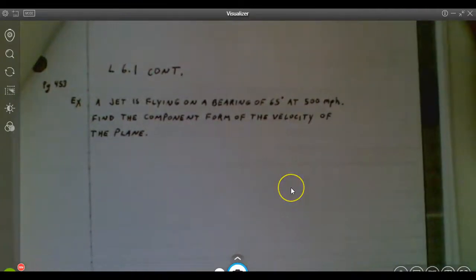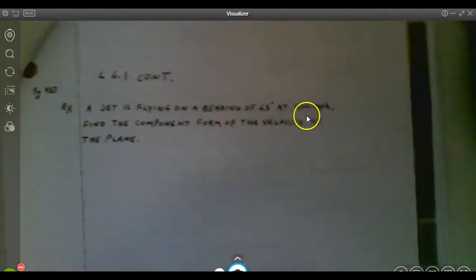So let's finish this out with little word problems. So I know you guys love word problems. So here we go. Jet is flying on a bearing of 65 degrees at 500 miles per hour. Find the component form of the velocity of the plane. So as we're looking at this,